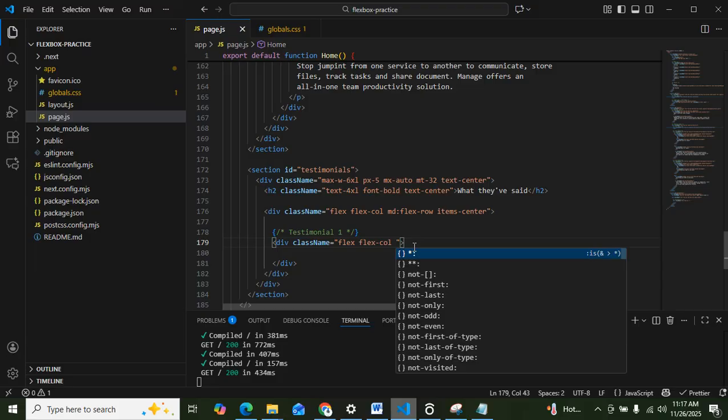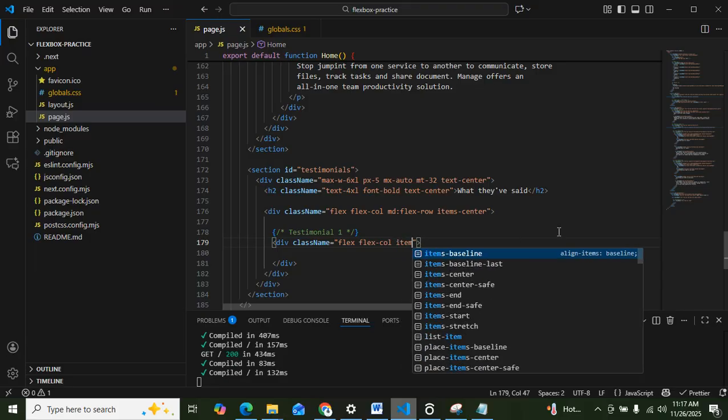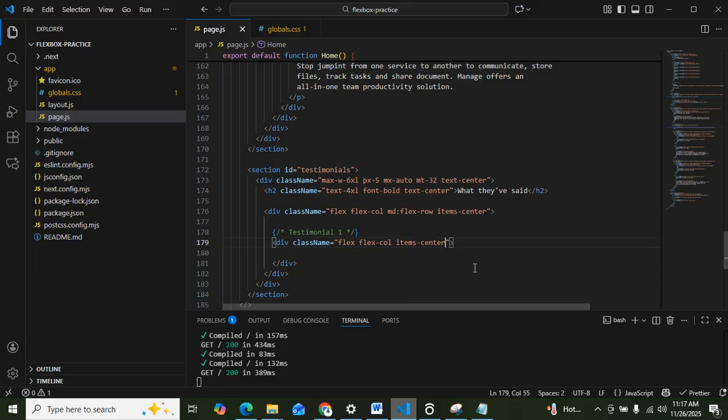Maybe I'll still need to do items center as well to centralize those items. And is there any other thing I'll need to do there? Maybe I'll just go ahead and define this content now. So the first thing that we'll have for it now is an image. Of course the image is inside the img folder. We'll have this avatar, and we have some names there,